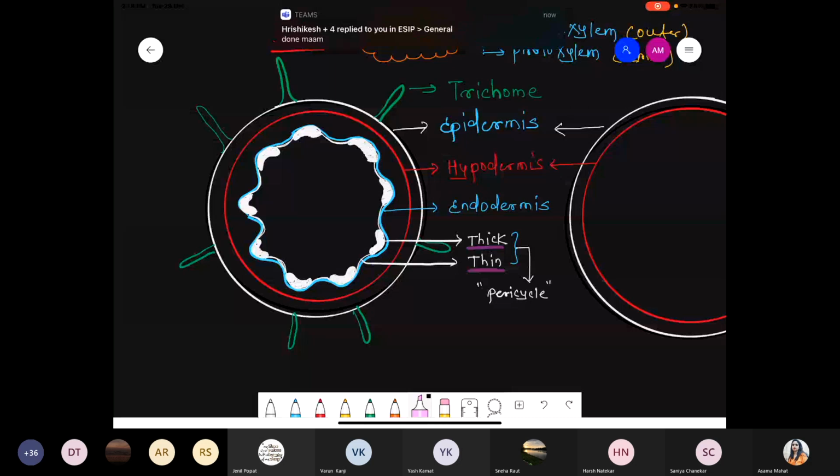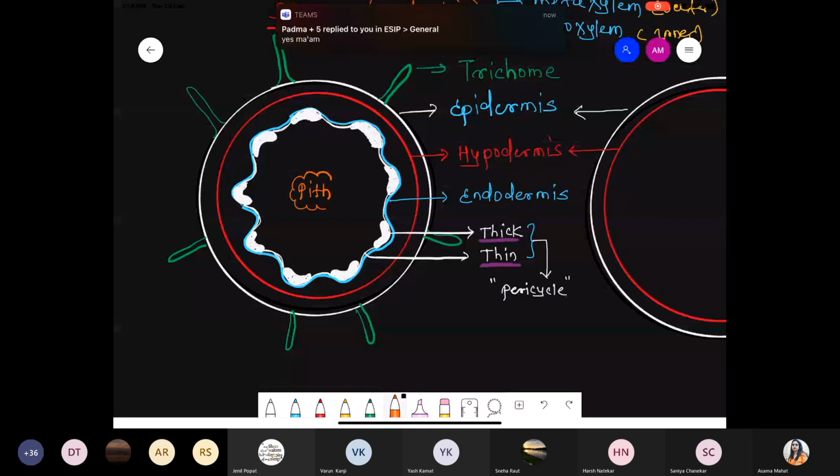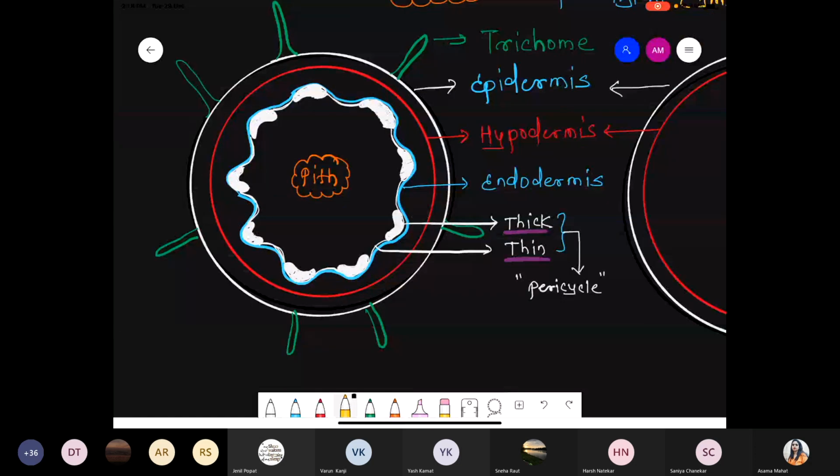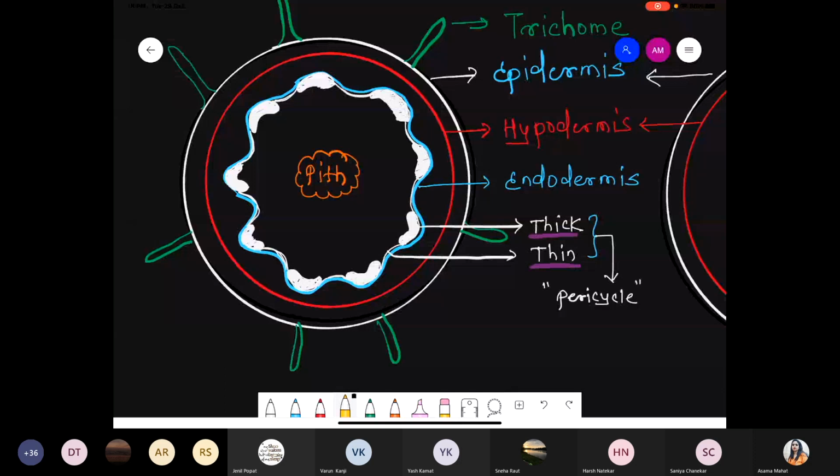Okay. Yeah. Next part we are talking about at the center. At the center part, now there is a presence of the pith cell. You know very well pith, basically this is a parenchymal tissue, thin living tissue, right? And finally, we are talking about the presence of the vascular bundle. So just quickly check. These are the thick cells, right? On the thick cell, now vascular bundles get arranged like this.